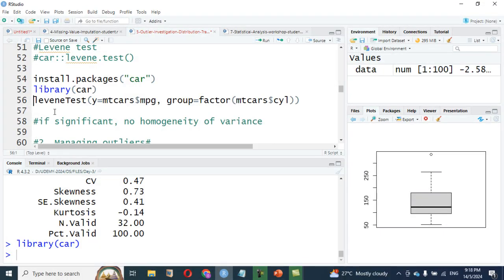So if we use what you call Levene's test, our Y will be mtcars mpg or hp, any one that we want to test. Then we can have a group. This one is a factor group. Your cylinder is a group, a group variable there which we supply. So if you run this line now, for example,